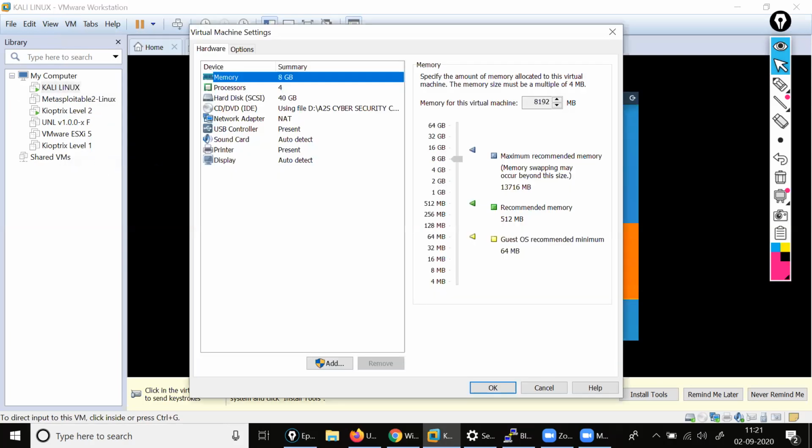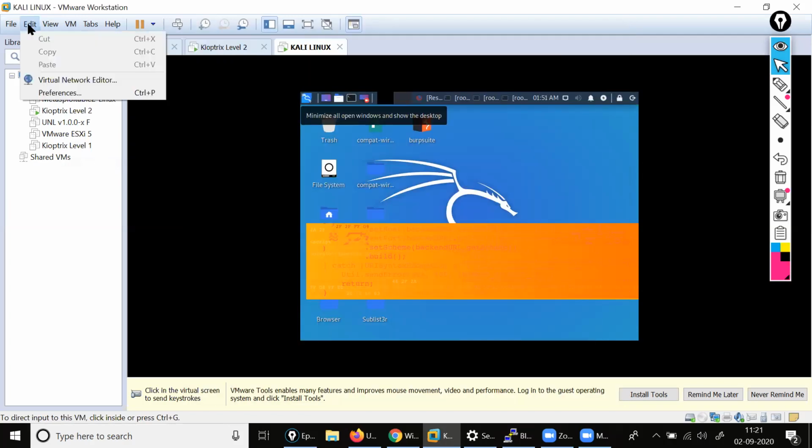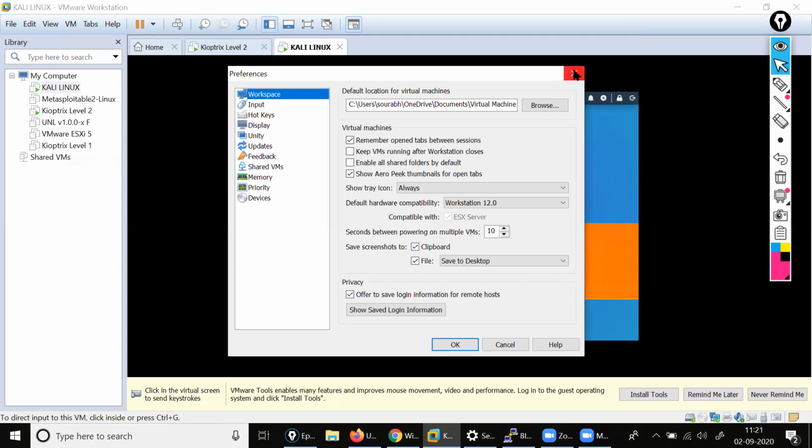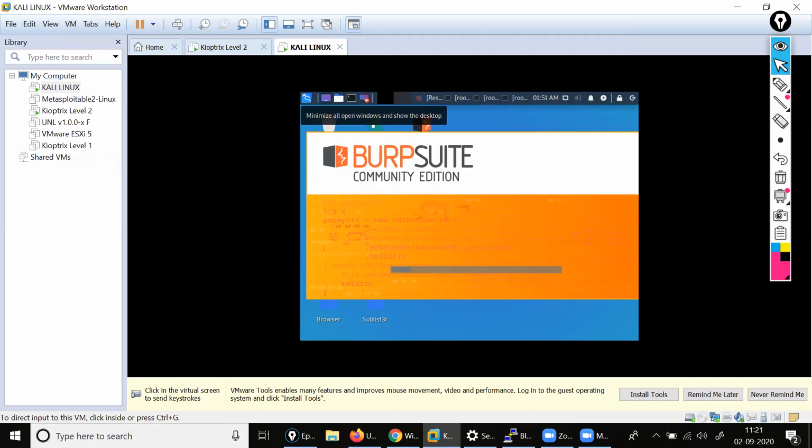See here, these are the settings. What I use is NAT. Let's come to the edit section. Inside the edit section, you come here to preferences. Not preferences, the virtual network editor. Here, let it open.